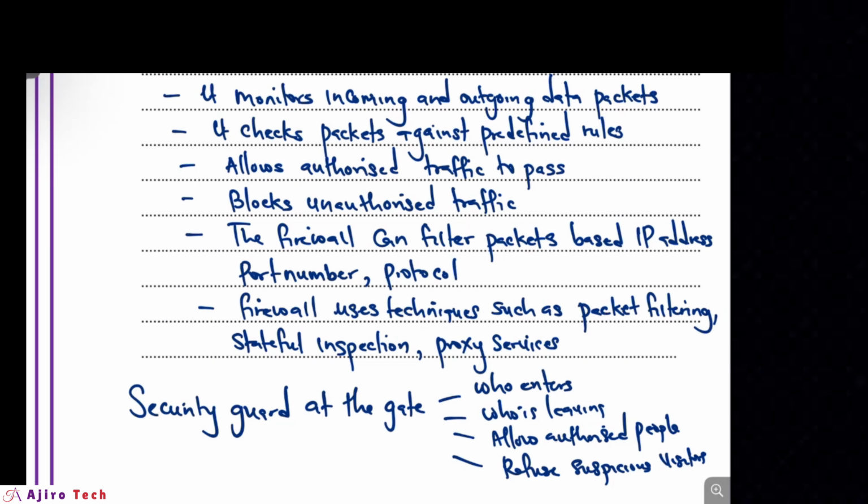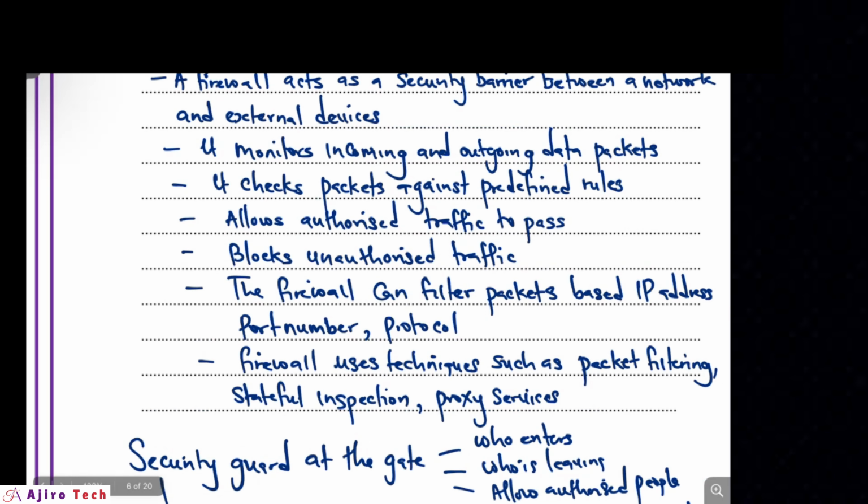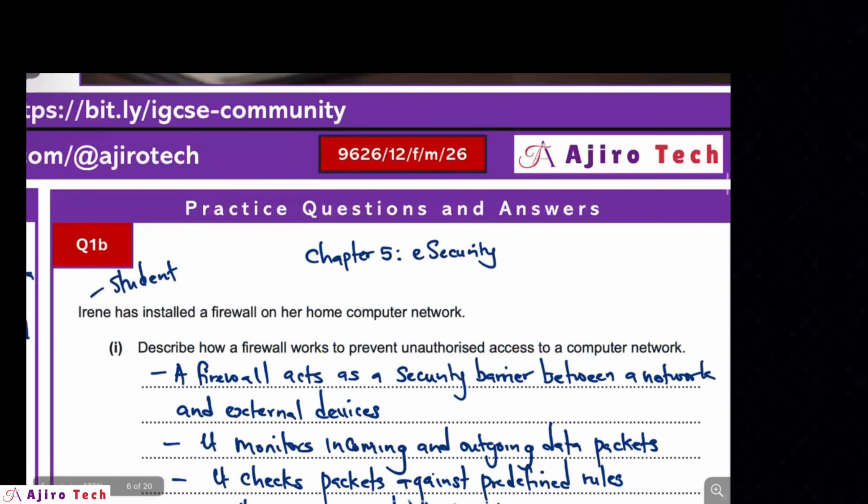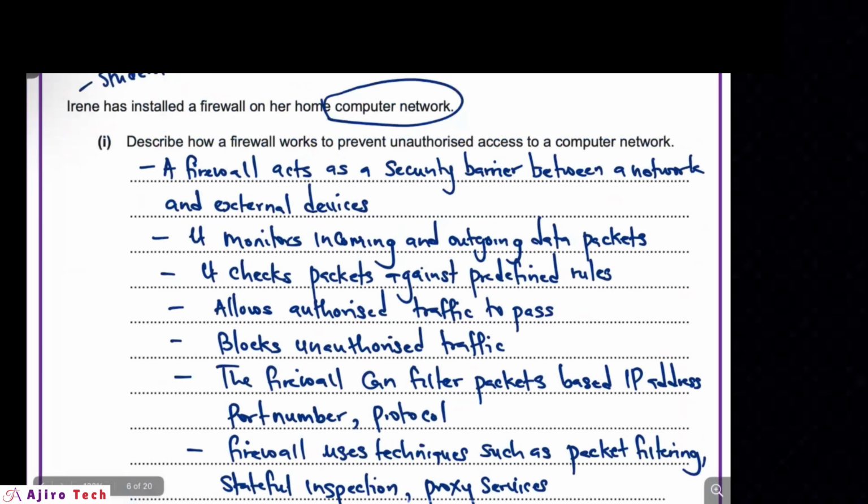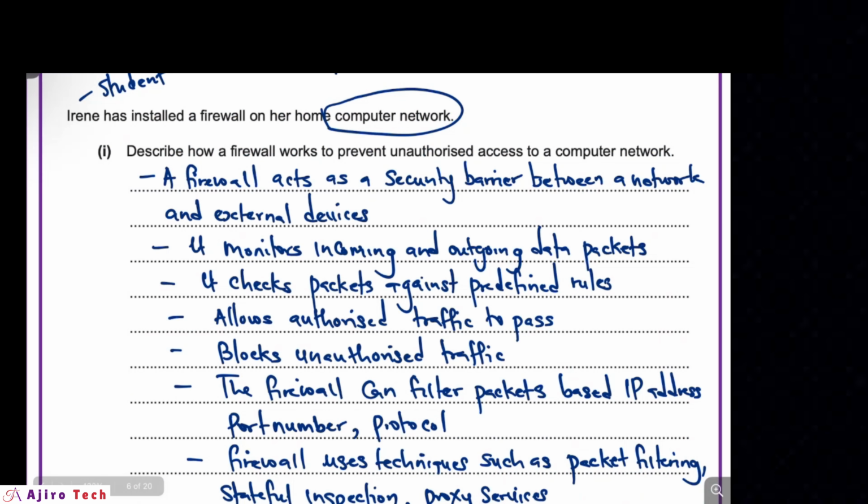The firewall performs that same function. It's important to know that a firewall can be hardware and software. So it ensures that anything coming into the home network is based on the predefined rules that have been set: what has been allowed, what has been rejected. And this is important for Irene because the parents had to study, right? So this is very important.